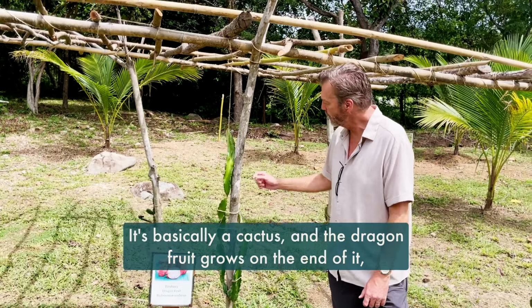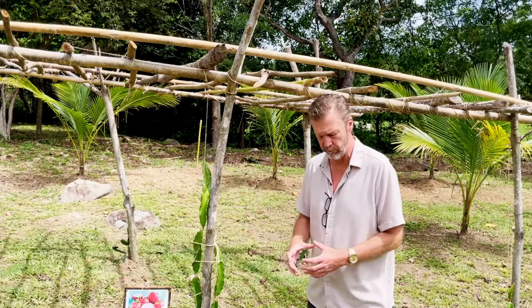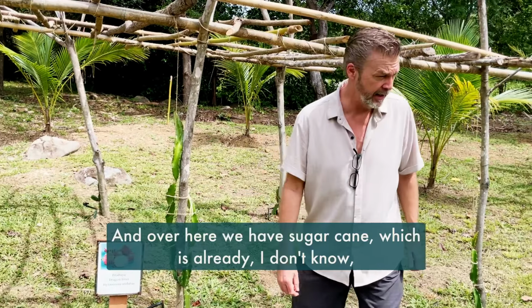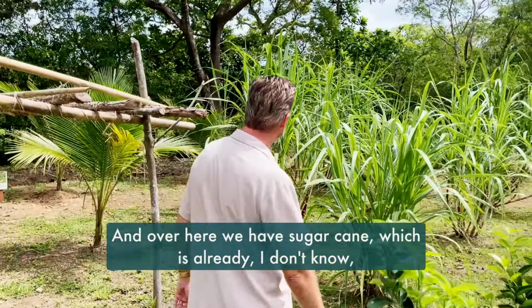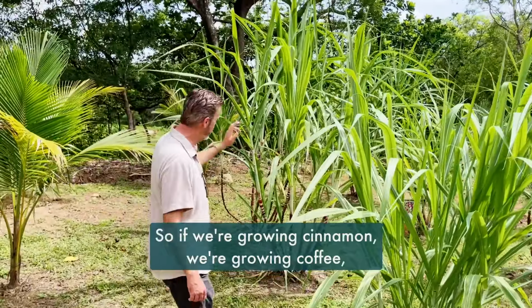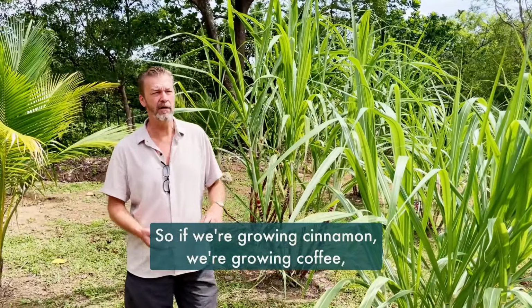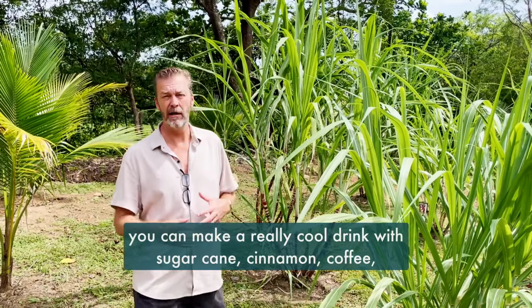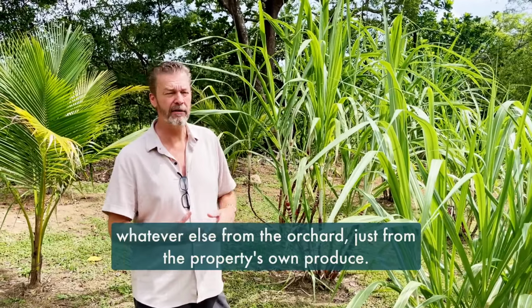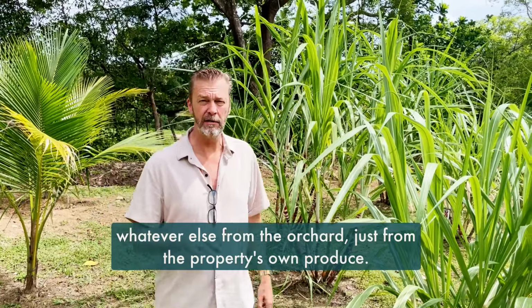It's basically a cactus, and the dragon fruit grows on the end of it, the bright red, as you can see in the sign here. And over here we have sugar cane, which is already 12 feet tall in some areas. So, and we're growing cinnamon, we're growing coffee. You can make a really cool drink with sugar cane, cinnamon, coffee, whatever else from the orchard, just from the